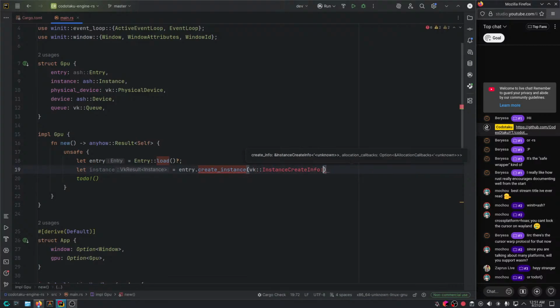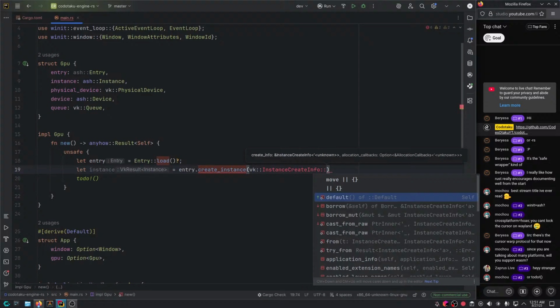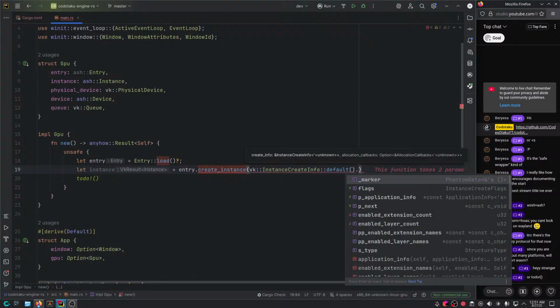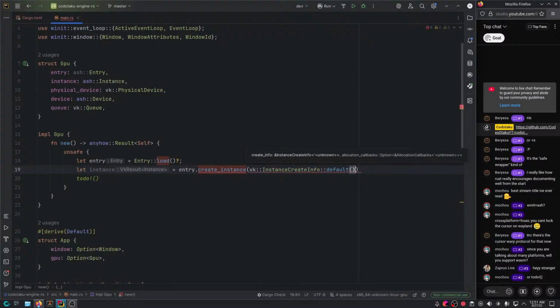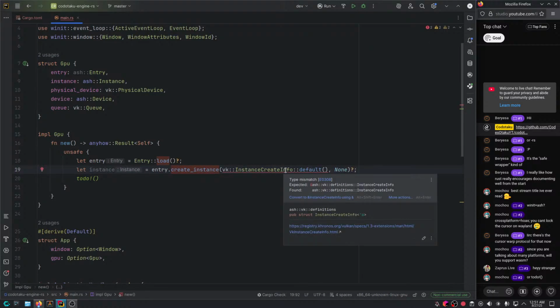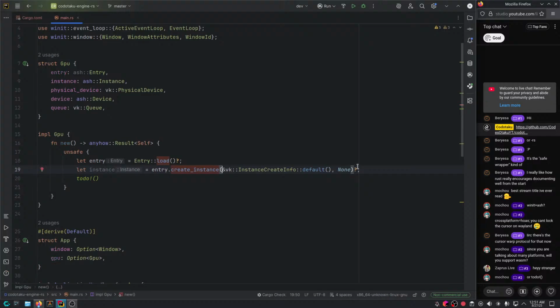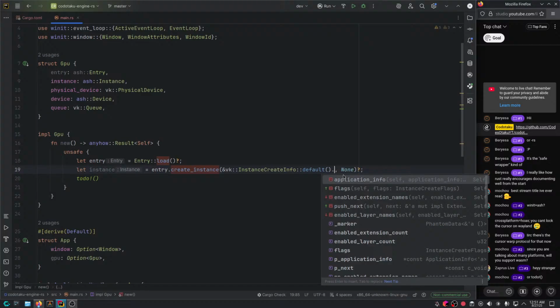And I forgot completely how, is it like default maybe? And then you set stuff here. And then the allocation callbacks, none. Oh yeah, we gotta take a reference there. And that's basically it.